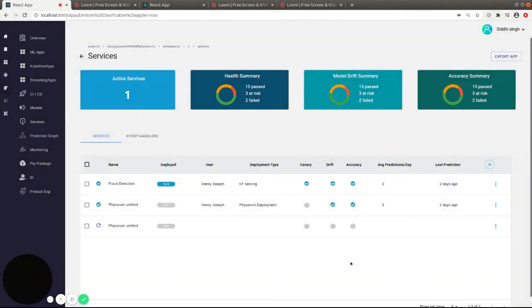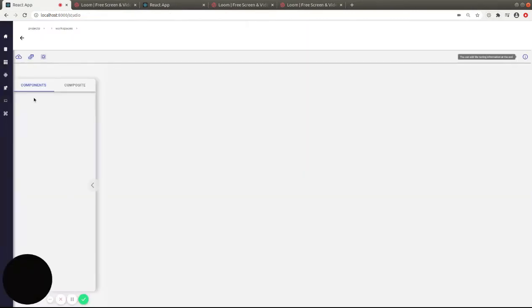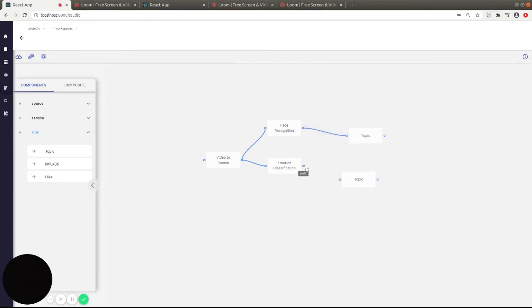And in a few clicks, we can deploy a model in a serverless fashion. Not only that, we can combine the service with a real-time streaming pipeline to build real-time ML. Here, we can combine a streaming pipeline with a couple of ML services that we have built, and dump the predictions to Kafka topics. This workflow that we are building now essentially becomes the backend for its companion business application that we saw in the beginning.